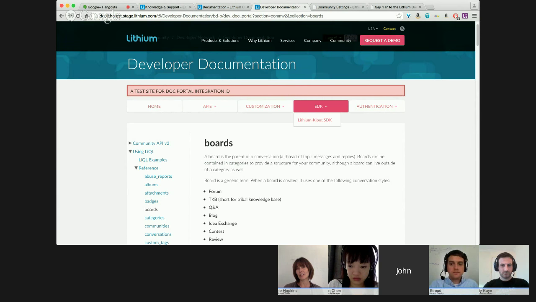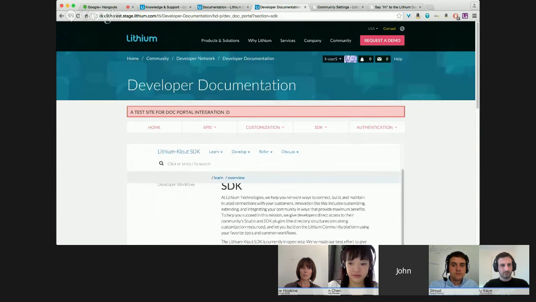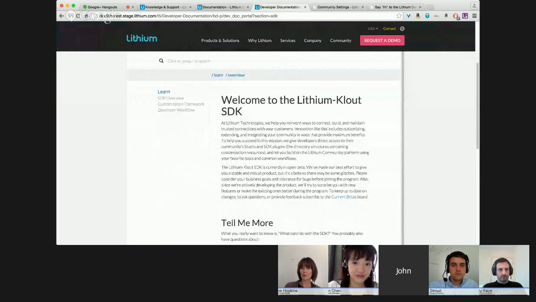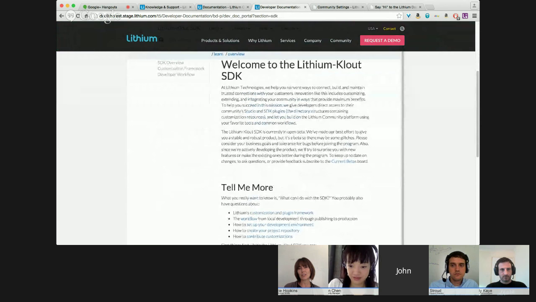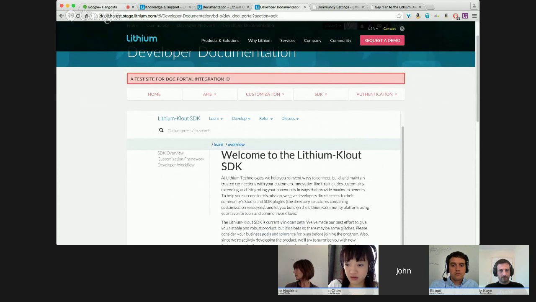In the SDK section, we've got our Lithium Cloud SDK, which is currently in open beta. So we're bringing in this right here. And then as we add more developer tools, this is the tab where you're going to be able to connect to that as well. And then finally, in the last bit, the authentication: our authentication information is spread out all over, so we're trying to put it all in one spot. You can get all your answers and solution questions answered right there for you. It's something we're working on rolling out, it's work in progress, and we are hoping that people are going to find it useful and easier to navigate.